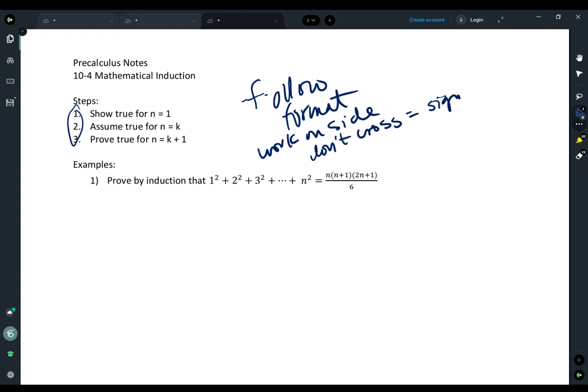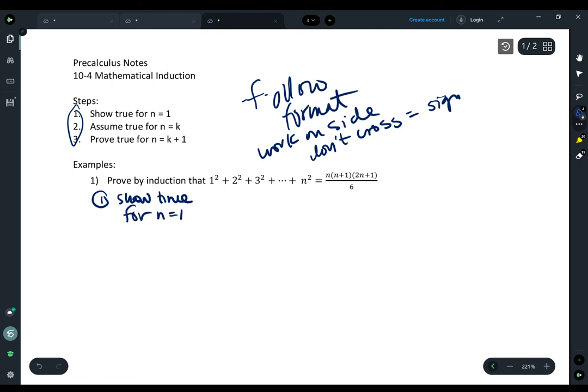So what I see here is an example where we have a first term, a second term, and a third term. And if we add that all the way up to our nth term, which is n squared, then this is our answer. So our first step, and I'm numbering it 1, just like I wrote on this list up here, is to show that this is true